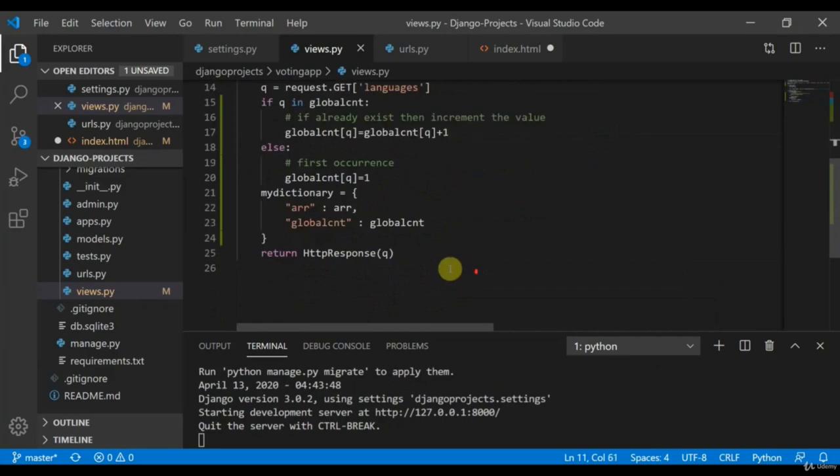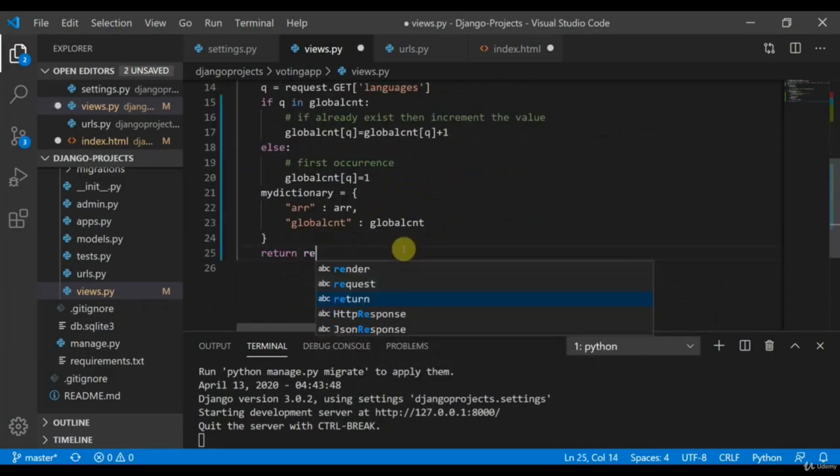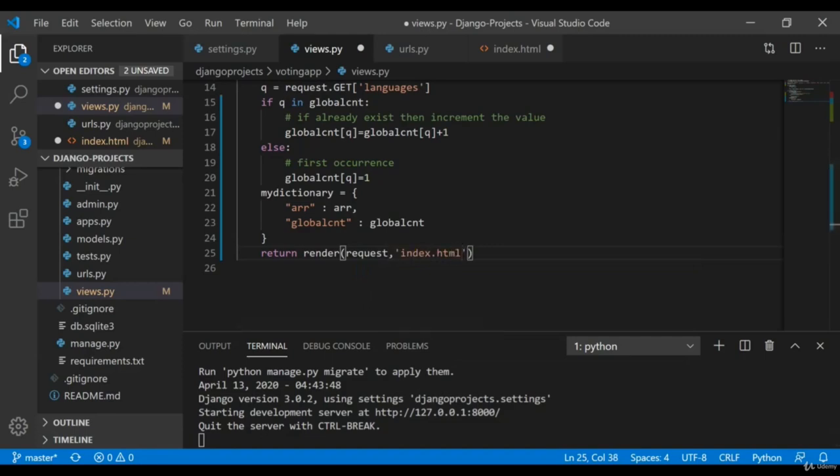So quickly, return render request, index.html. So this is the index.html we are going to render, and the context is equal to my dictionary.